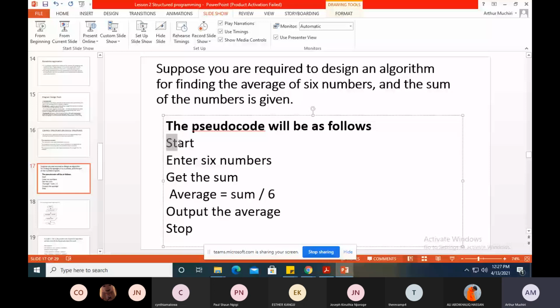Some books will say we start with begin instead of start. You come and say begin. Of course, that's another way. But for us, let's just use start for now. And at the end of a pseudocode, you write stop. Now, if you are to represent this same